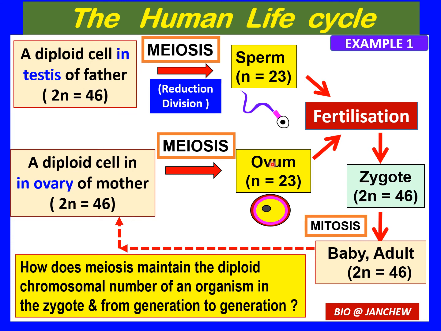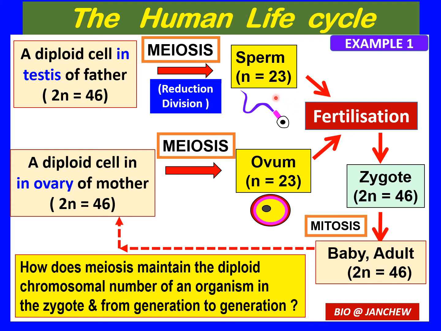Now, why is it that meiosis is involved and there is reduction in the number of chromosomes? Meiosis is important because it produces haploid gametes with half the number of chromosomes compared to the parent cell. This means that the number of chromosomes has been reduced to half that of the diploid cell in the parent. This helps to ensure that in sexual reproduction,